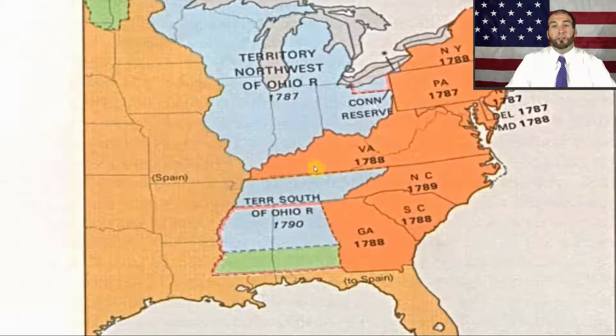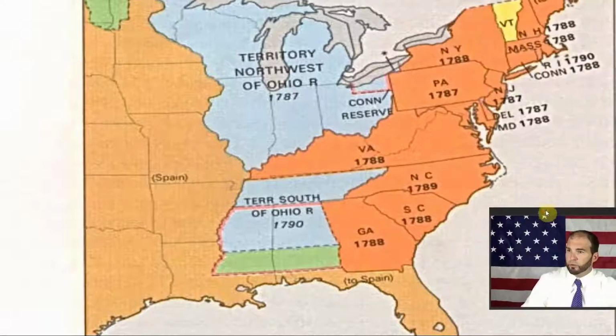So they call that the Virginia plan, base representation on population. New Jersey, where's New Jersey? Right here. While today it's the most densely populated state in the United States, at the time it was very rural. And New Jersey's like, oh, we got like 6 people. If you base it on population, Virginia gets like 100 people in Congress, we get 2.